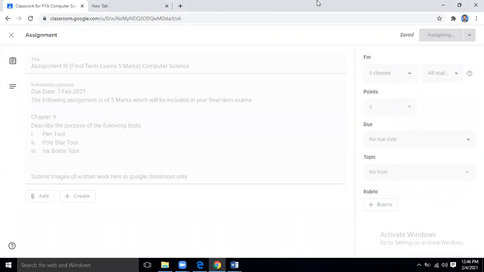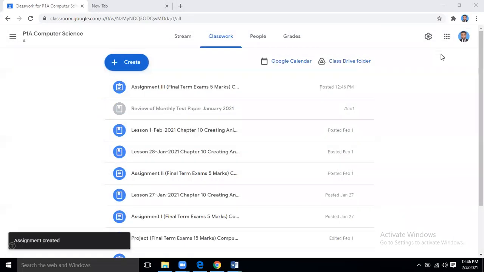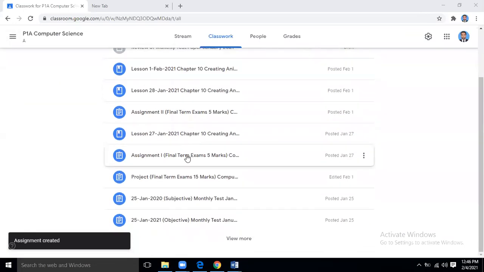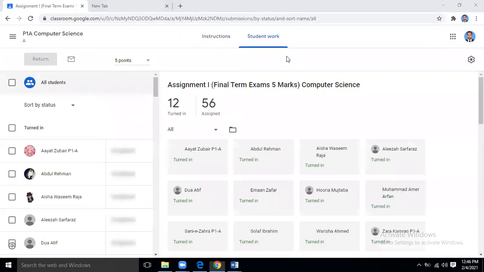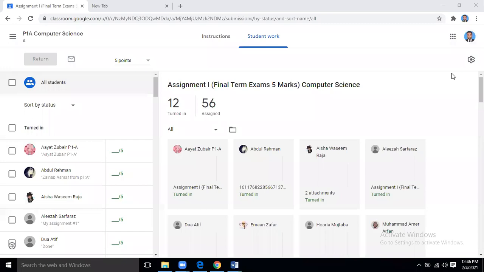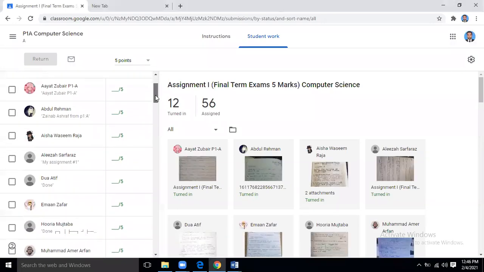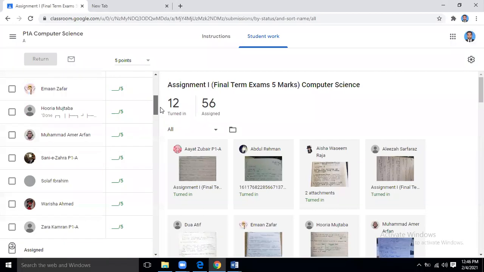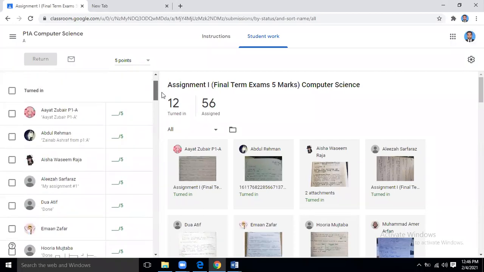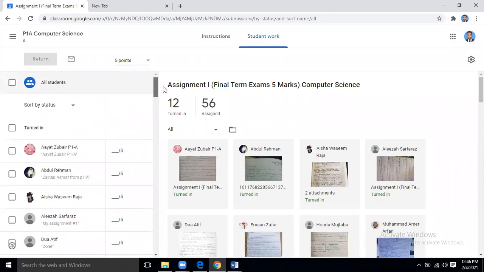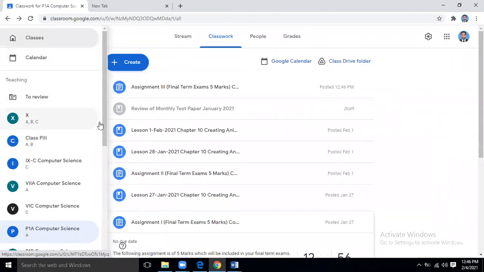Okay, now what I'm going to do, I'm going to see the status of assignment number 1 only today. Okay, assignment number 1. So we start from P1. In P1, there are 12 students who have submitted. What about the rest? Why have they not submitted? 12 students have submitted, which means a number of students are still left, because there is a good strength in P1. So you have to submit it.